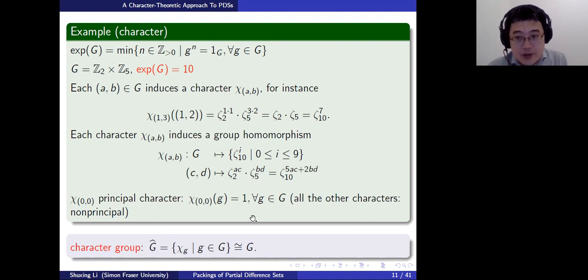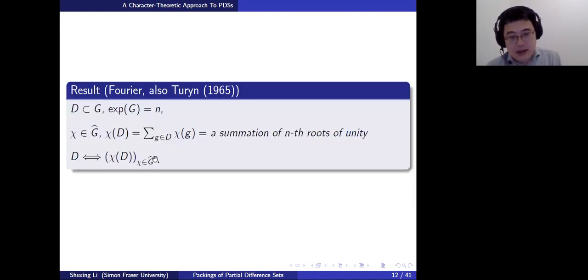So why does character matter? Here is a classical result. Essentially, this result dates back to Fourier because we are effectively doing discrete Fourier analysis. And Turing in 1965 set this result into the modern language and made it well known to different people. So the result is saying, given a group G and a subset in it,